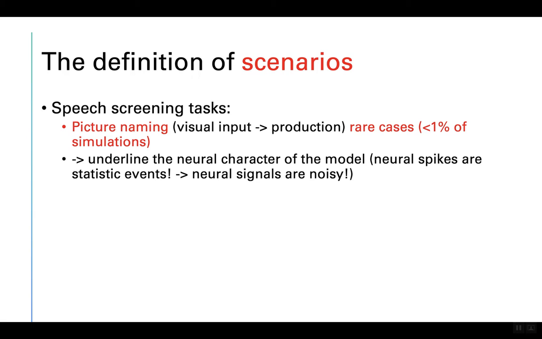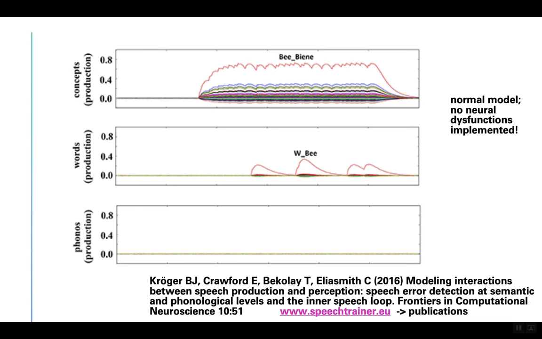In that experiment, we as well did picture naming, but we did a picture naming for one item for about 400 times. And what we got were rare cases. And that is important because that gives us an idea that the realism of the model is quite good. What we saw in very few cases is, that